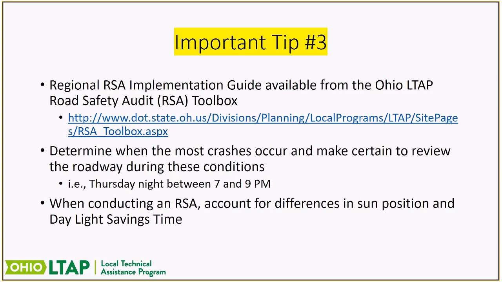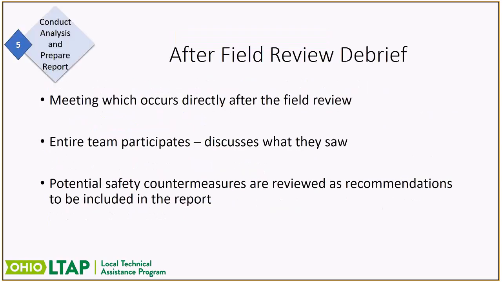Say your RSA team is getting together in the summertime, but really your data says that your crashes are happening in the winter. Well, you don't want to wait another 6 months and let crashes keep building up till they get to their peak for you to go look at it. You want to go out and try to address the issue when you've determined that it exists. So make sure you factor that in, take into consideration that maybe the lighting is going to be different at the time of day and day of the week, factored on based on the time of year. So that's an important thing to account for.